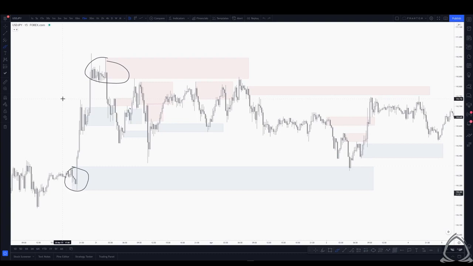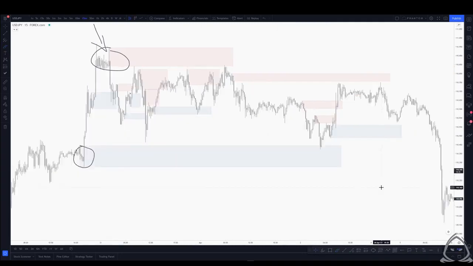I know we haven't explained what liquidity is, and we will dig into that in a lot of detail in future videos, but again, just to get you thinking. What I'm getting at is that the higher probability models that are more than likely to play out are the reversal models, and the continuation models are a little bit less likely to play out. Now, with that said, of course, continuation models are going to play out, but what your mind should be thinking is, if I know that the reversal models have a higher probability of playing out over the long term and the continuation models are a little bit less likely to play out, you need to